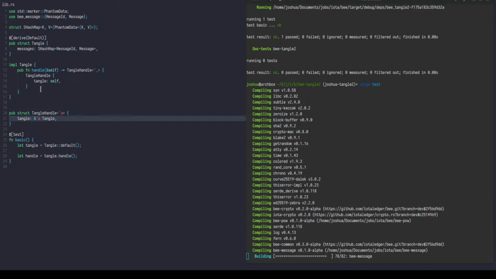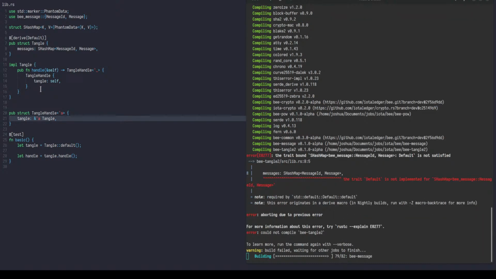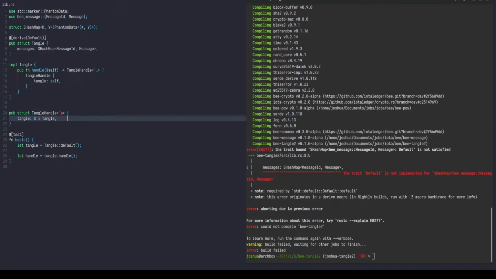The reason we'd want to do that is because it means that every mutating call via the Tangle handle is effectively what's called non-blocking. So because it's all queued up, we don't have to